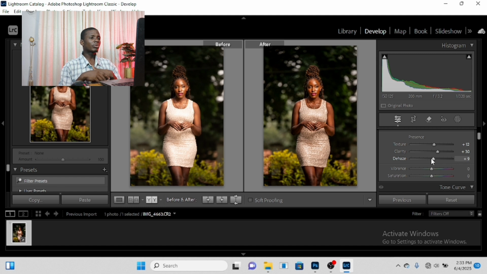So now let's go to vibrance. This is where most people make mistakes, with vibrance and saturation. Now, what you are going to do here, you don't have to add much vibrance and much saturation, because if you add more vibrance